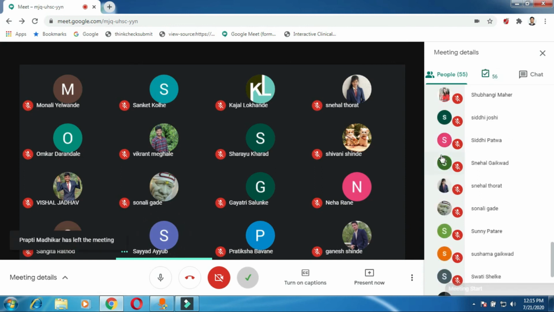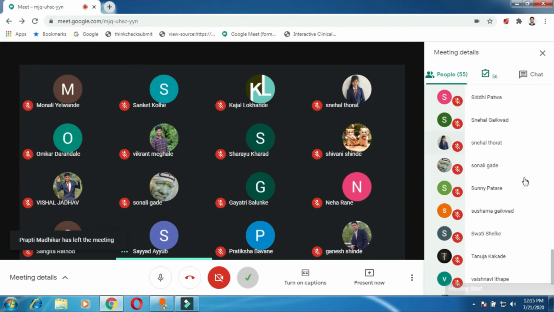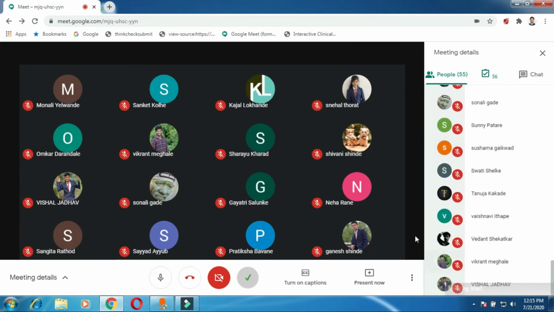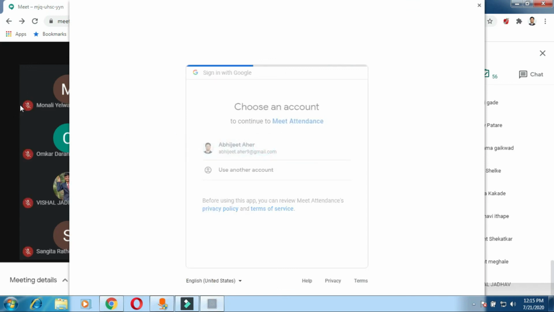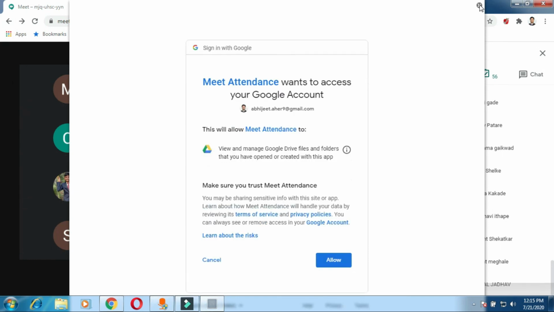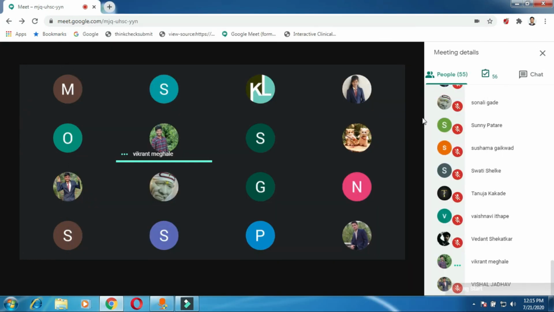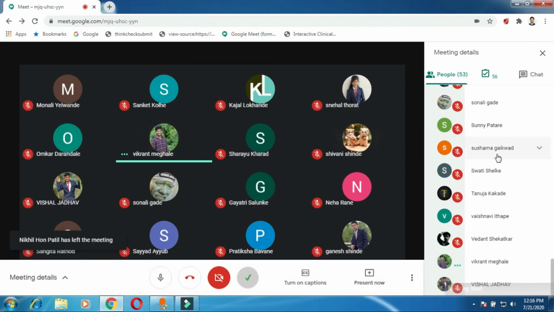Then Grant Meghale, tell me the mesh size we are using if you want to screen the dry granules. Up to 14 to 20 in case of dry granules. And in case of wet mass, 6 to 12. That is right.